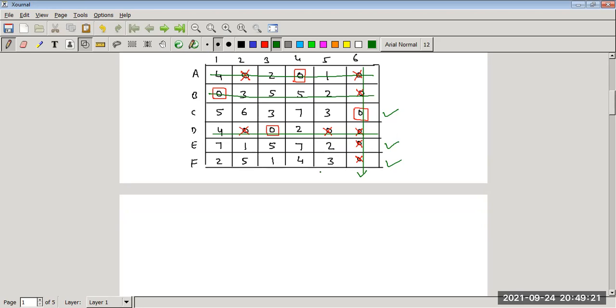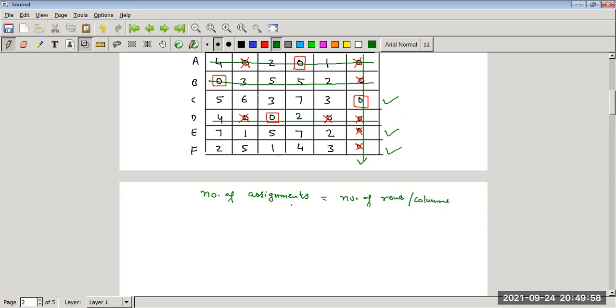Now number of assignments are 4 and order of the matrix is equal to 6. So number of assignments is not equal to the order of the matrix. We can say order of the matrix, or we can say number of rows, or number of columns. So order of the matrix, or better we write that it is equal to number of rows or columns.